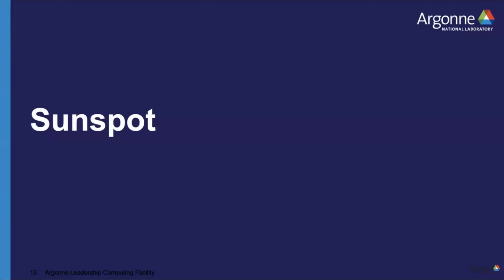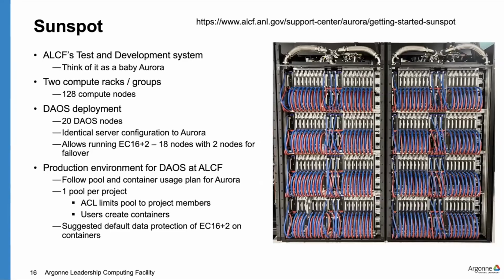All right, and so I'll end with, for those of you who have access to Sunspot today, because if you're part of ECP or ESP for Aurora, we do have DAOS running on Sunspot. We have a 20 node system, it's running today. We don't default allocate any pools or containers, but if you would like one, like you're testing, I want to try Sunspot, just send a mail to support. We'll create a pool for you. And if you need help creating containers, I can point you to some documentation on how to use it, you can create the container and then start testing on Sunspot.